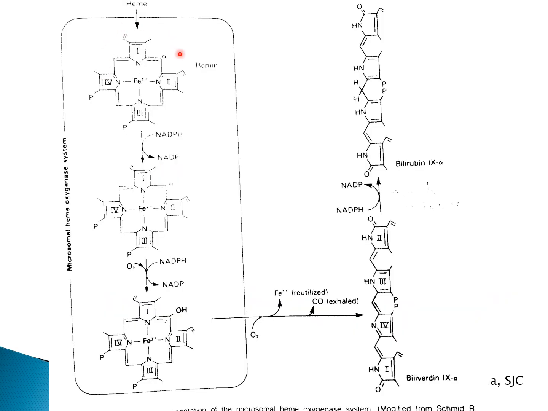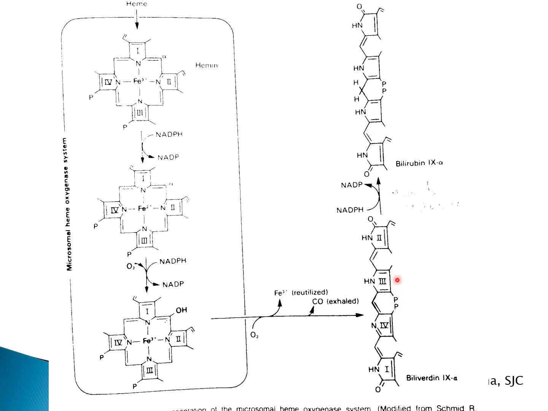So here is the pathway. We have the heme. This heme enters the microsomal heme oxygenase system, where it is oxidized, with heme being acted upon by NADPH. So reduction is taking place, oxygen enters and you get release of carbon monoxide. Carbon monoxide is exhaled, iron is removed here, iron can be reutilized, oxygen enters this pathway, and finally what you get is the open chain of biliverdin, where the ring is broken and you get this open chain over here.